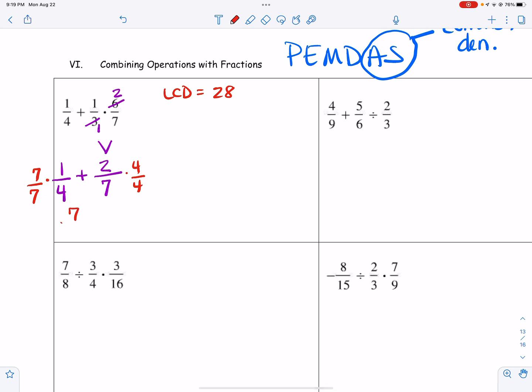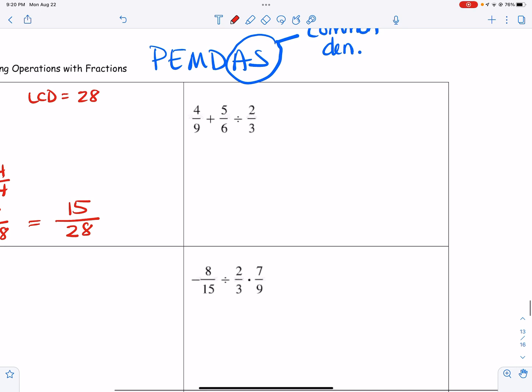So now I get 7 28ths plus 8 28ths, and that equals 15 28ths. Okay? All right, the next one, we have division, but remember division, we keep the first fraction, we change to